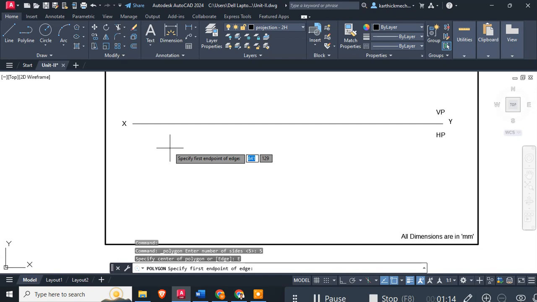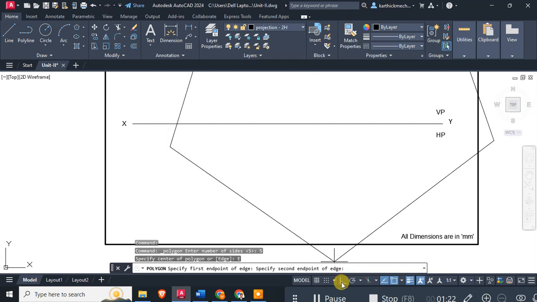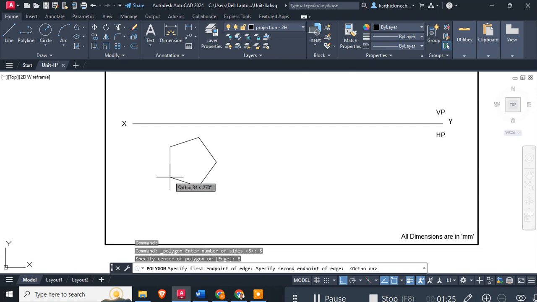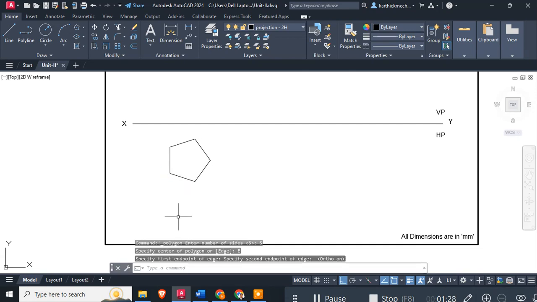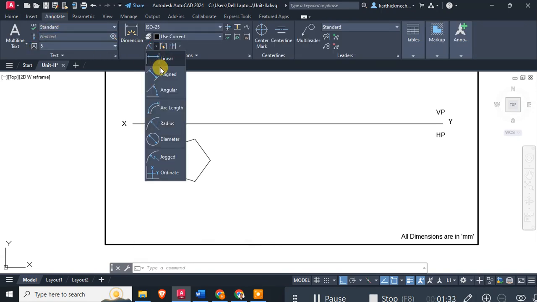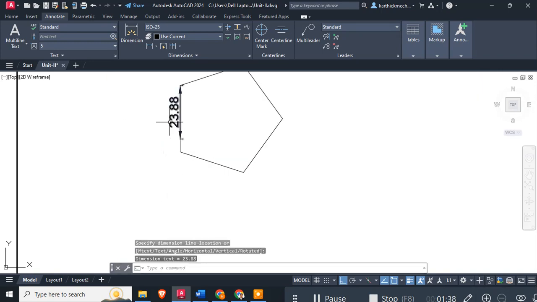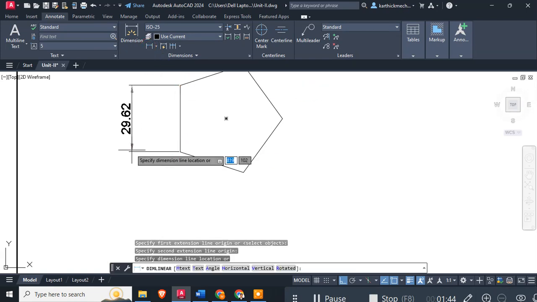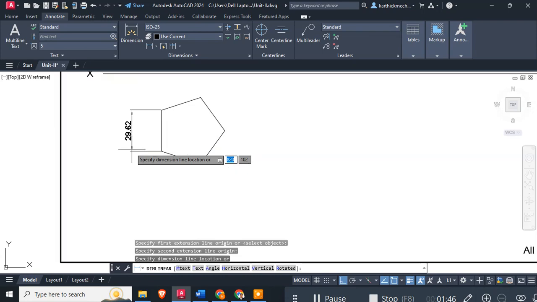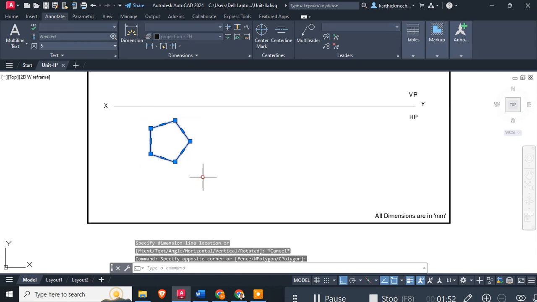So you can prefer the first end point will be somewhere here and the second end point you can always prefer this ortho mode and the second end point will be somewhere here. So you can check whether the dimension, that is 25, is there or not. From here to here 23, but actually from here to here is 29. So we have not at all selected the original dimension. So no need to worry. You can simply delete this,